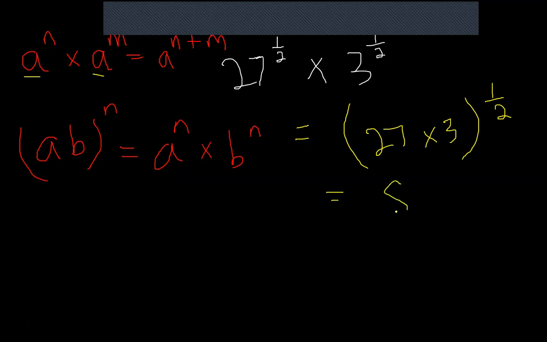27 times 3, that's 81. 81 raised to the power of a half. So you could just say, okay, 81 raised to the power of a half. Let me punch that into my calculator. Or